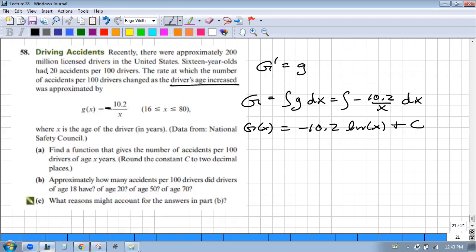And then we use, what was this, 20? What is the x again? x is the age in years. So we know that at 16, we should have 20. How do we interpret this? 20 accidents per 100 drivers. The rate at which this change